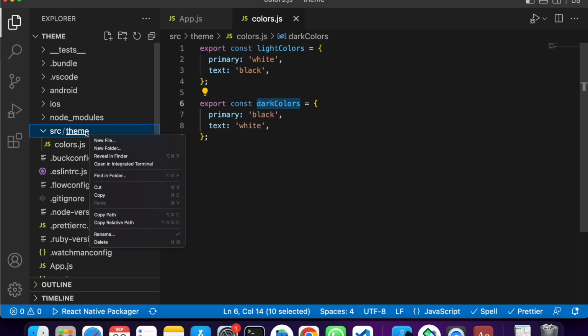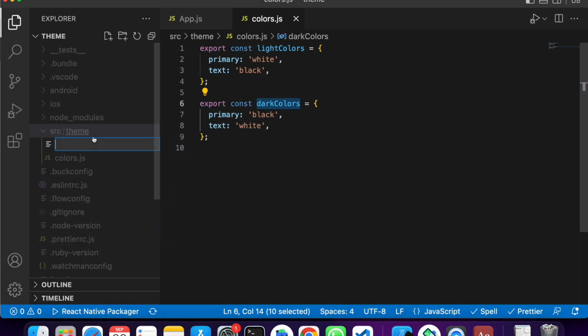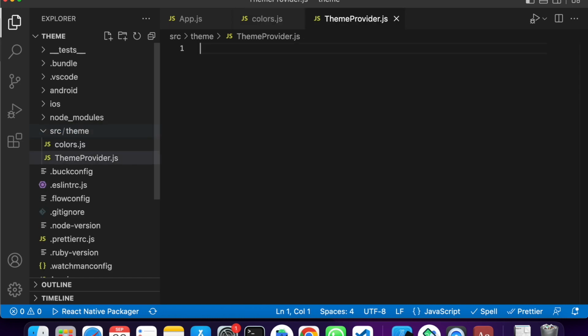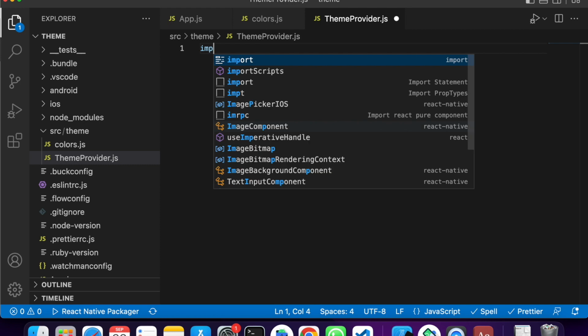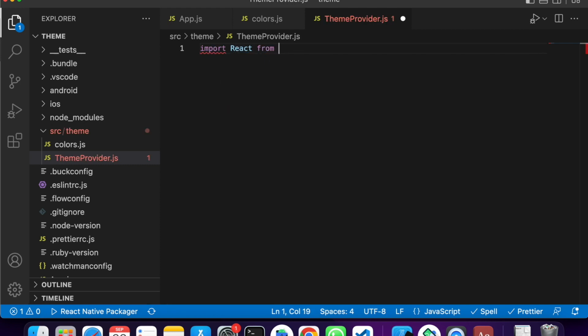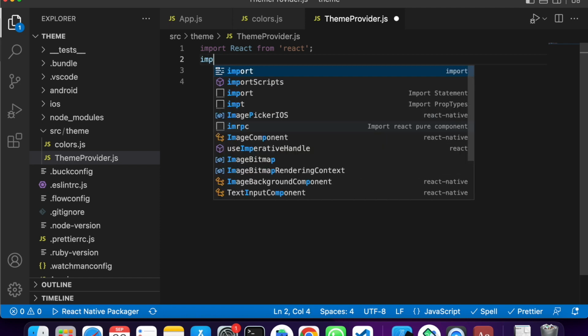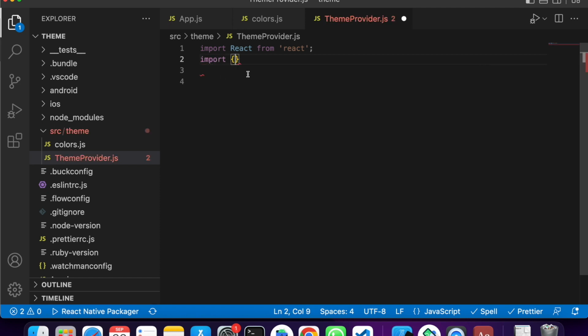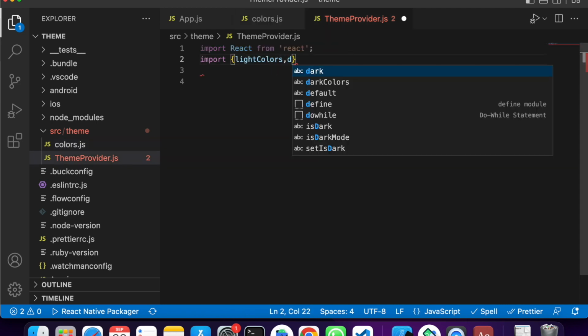For that, I'm going to create a provider. So if you are not aware of context or the useContext API, you can check out the videos about context. Here I am going to create one context which I'm calling themeProvider.js. Okay, now I'm going to import React from React. Fine, right? So what is the next step? We need to import all colors which we are going to use in this file. So we can just import lightColors and darkColors